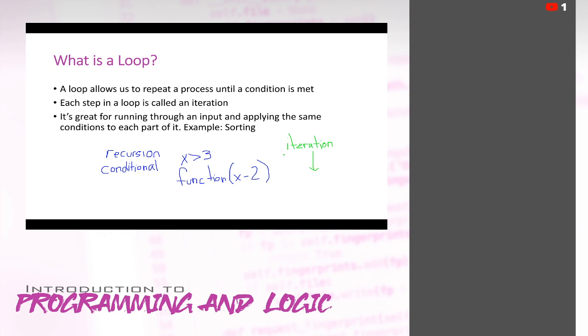One of the big examples here is sorting, and that's one of the things that we'll do perhaps a little later on down the line. We'll look at the different sorting algorithms. So put a pin in the idea of sorting for the time being, because we're actually going to take a deeper dive into sorting algorithms in the final module of the course, I believe. So we will just put a pin in the idea of sorting for right now, but just keep in mind that the idea of iteration and loops plays a huge part in sorting.